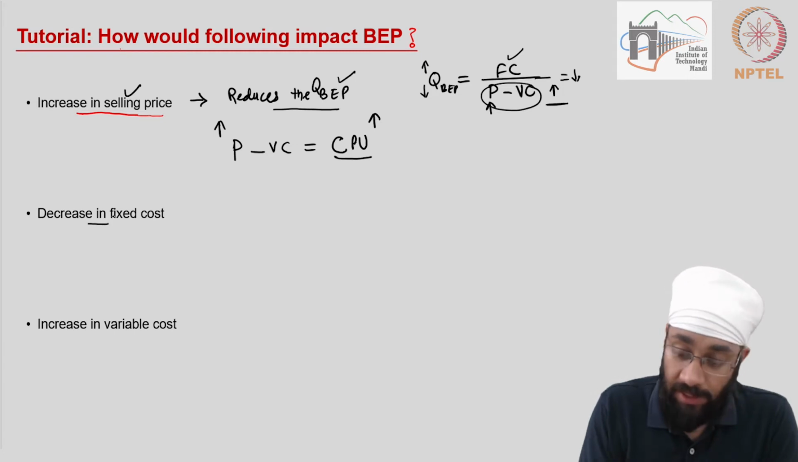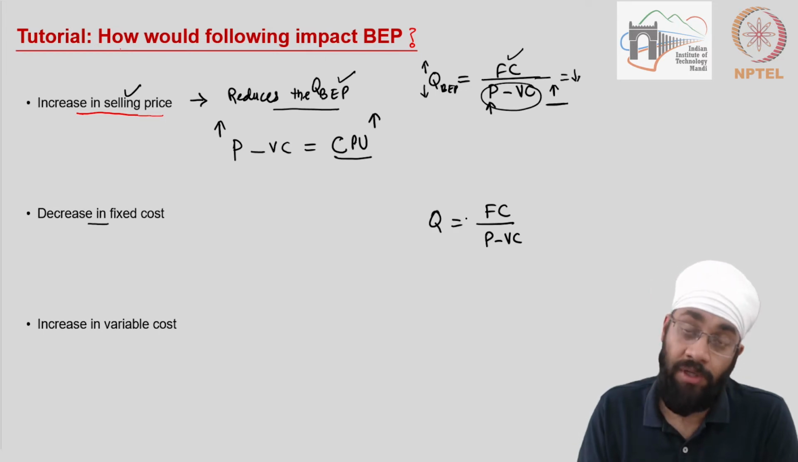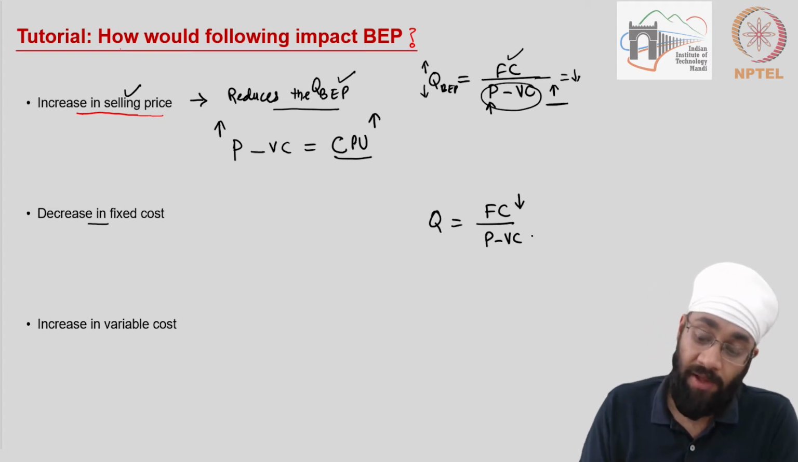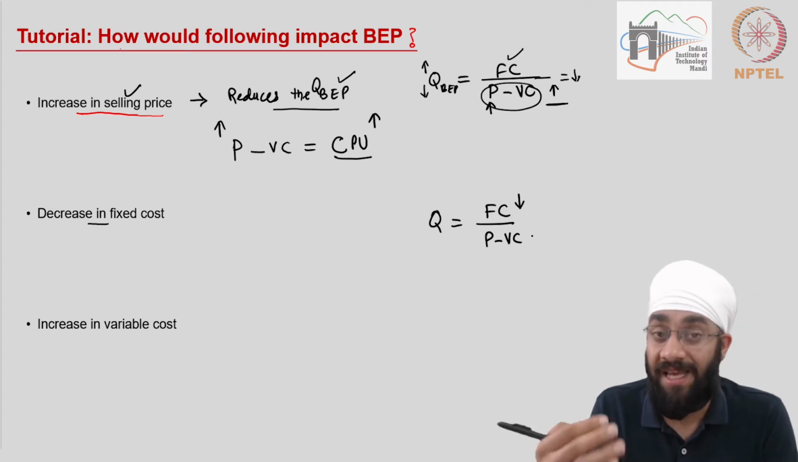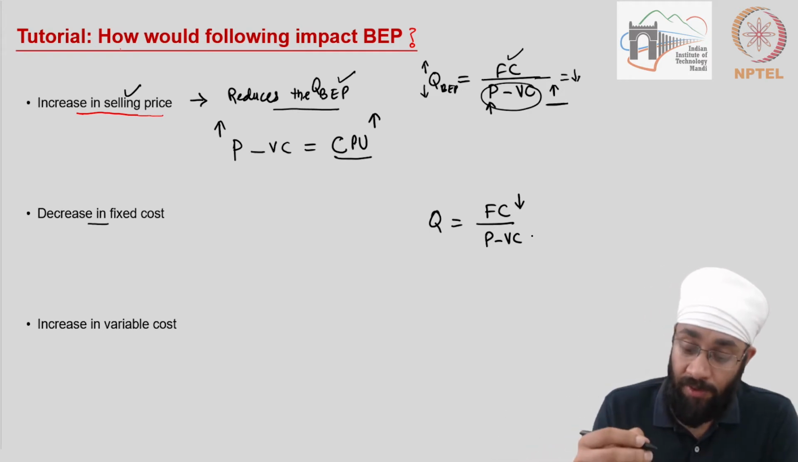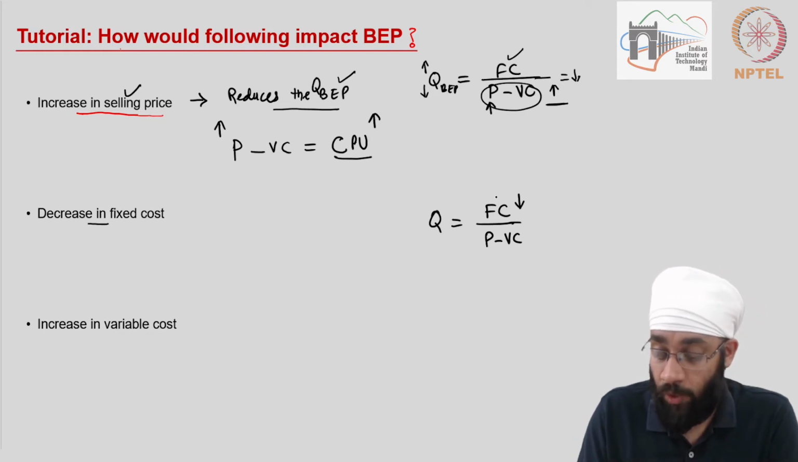Next is decrease in the fixed cost. So fixed cost divided by P minus VC, and you have to figure out what happens to the quantity of break-even. If fixed cost goes down, everything else remains the same. Well, now there is less fixed cost to be recovered, so you can recover the fixed cost earlier. So I use an intuitive example, but mathematically speaking,